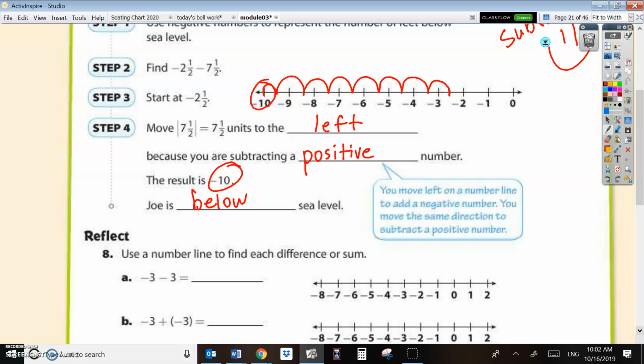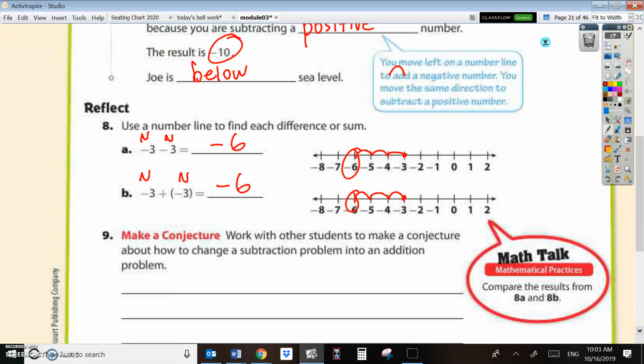Use a number line to find each difference or sum. So you're starting negative and you're going more negative. So here you are at -3 and you're going 1, 2, 3, so you end up at -6. This problem, you're starting negative and you're going more negative. Subtracting is the same as adding a negative. 1, 2, 3, and you end at -6. Make a conjecture about how to change a subtraction problem into an addition problem. So 10 minus 5 is the same